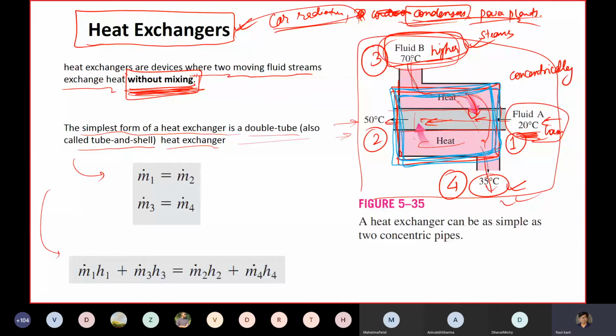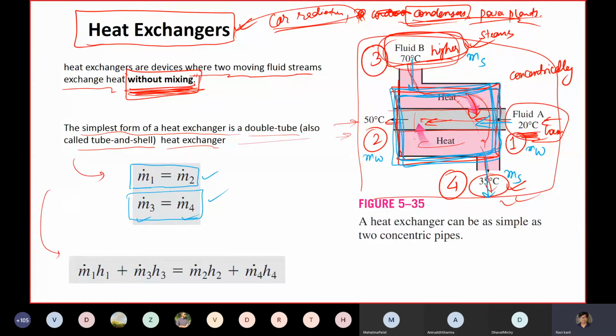So what's happening here? Some fluid, let's suppose water, m_w, is flowing in and m_w is coming out, and m refrigerant or steam is coming in from 3, and steam is coming out from 4. It is straightforward that there are no mass losses. Whatever m is coming in is coming out of the control volume. Also, m3 coming in is equal to m4 going out.